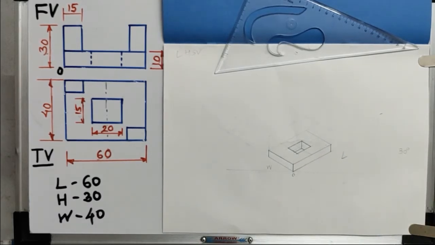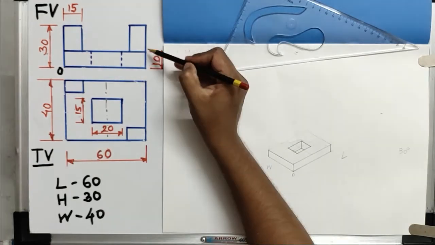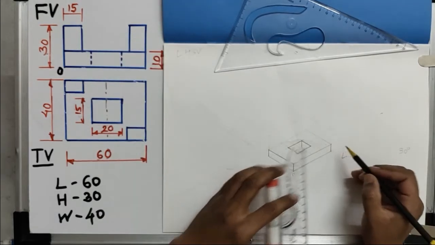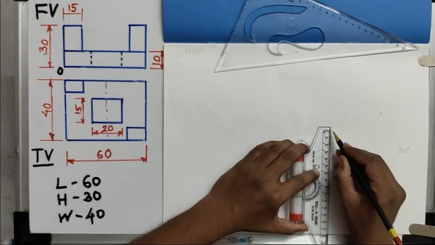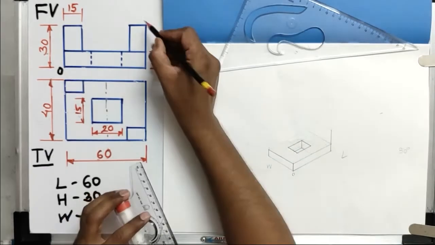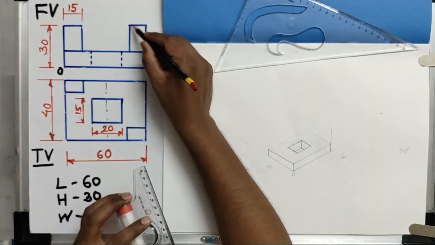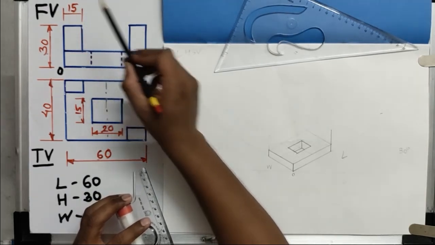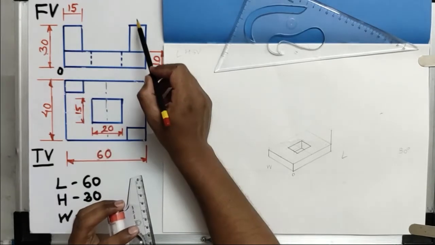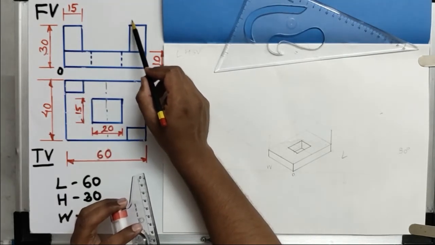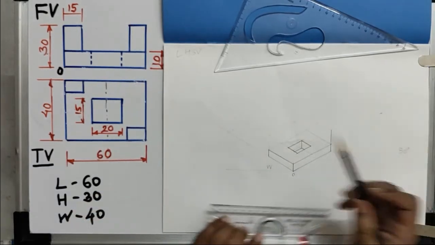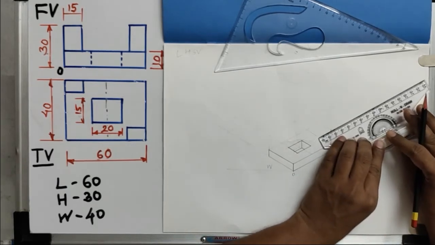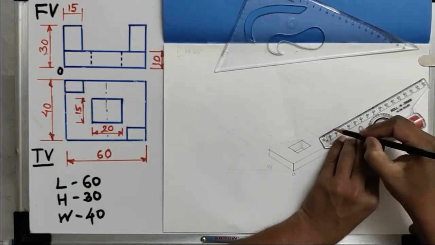Now look at the procedure. How can we represent that? The total height is 30 mm and the height of this portion is 20 mm, since 10 mm is already represented here. Now I will represent the 20 mm height from this corner point. This dimension is not given directly here, but on the left side it is mentioned as 15. Since these two structures are similar, we assume the same dimension of 15 mm for this portion too. That 15 mm length is horizontal, but in the isometric view we have to represent it inclined, so I will represent the 15 mm dimension along the right side inclination line in this way.